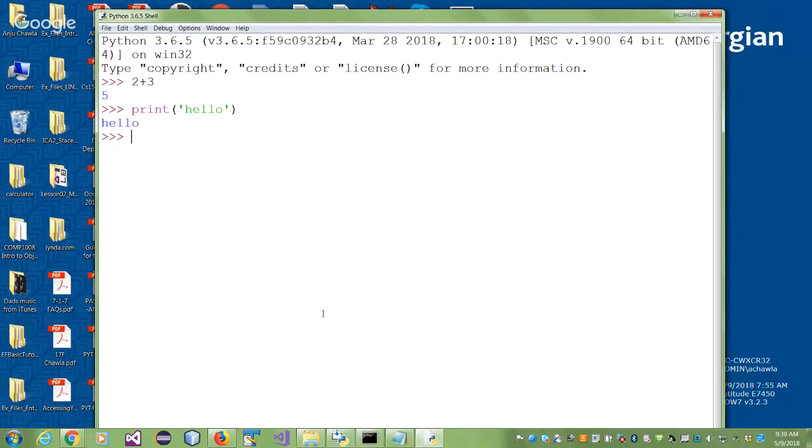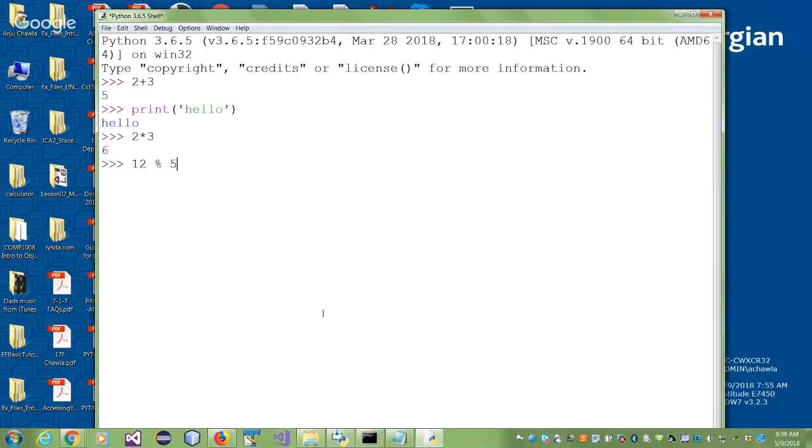Okay, so I showed you a small example where I did a little bit of math. I did 2 plus 3, which all of us know is 5. So the plus is available, so is the multiplication available, and so is the modulus. I'm not sure if you know what modulus is, but I will explain if you don't. I'm leaving space between the operators. So 12 and 5 are called operands. You're operating on them, and the plus, the multiplication sign or the percentage sign are called operators.